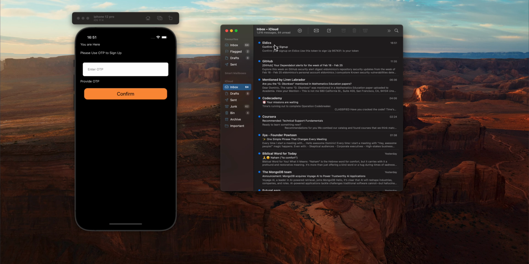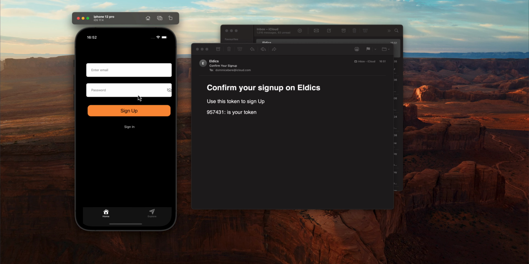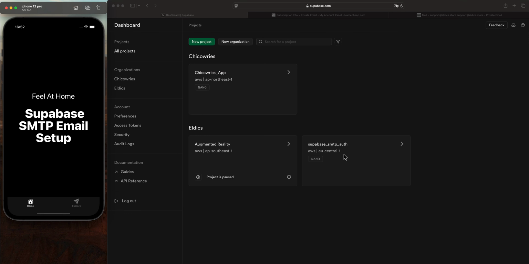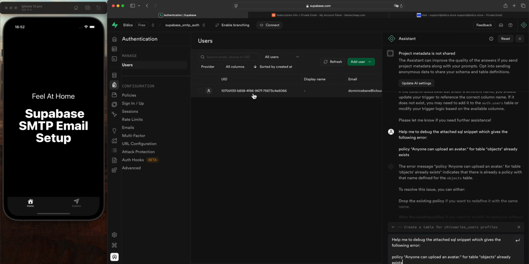And you can see here we have received this email and we have this token, and then we click on confirm, and then immediately we'll get a session in our application, and then we're looking to see this home page. And when we go to our Supabase project, you can see our application right here, and then we can click on authentication and we see the user that we just created right here with the email